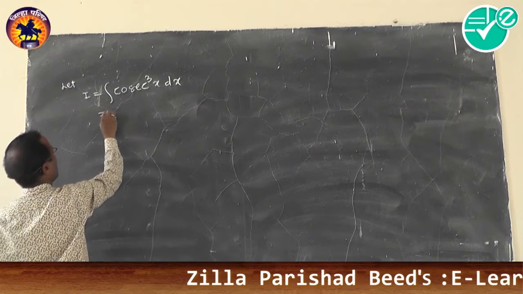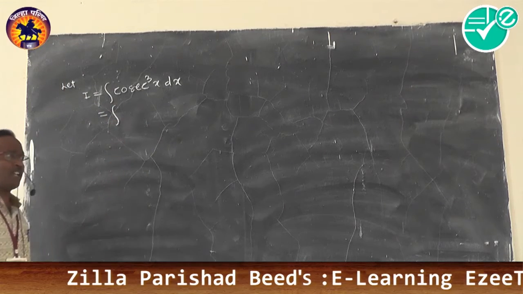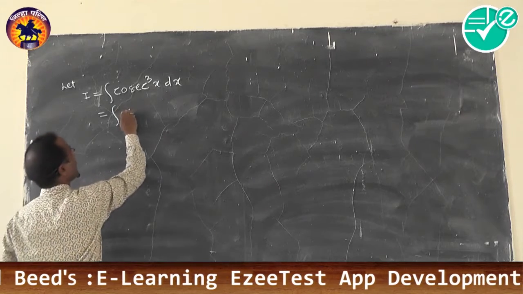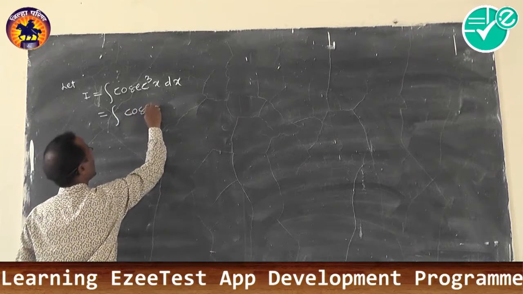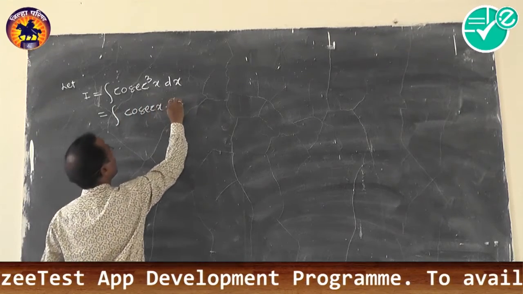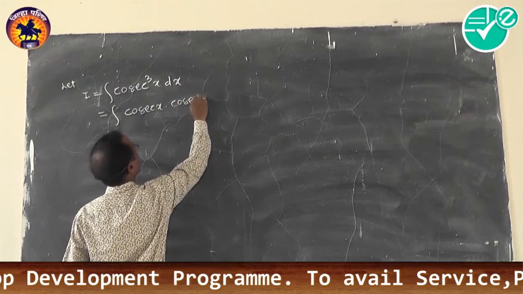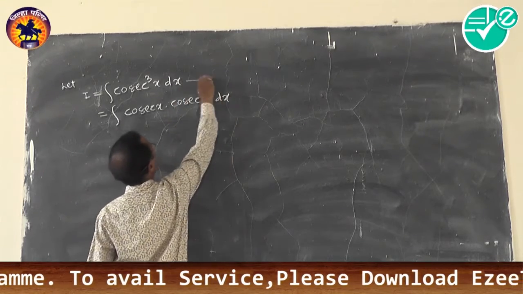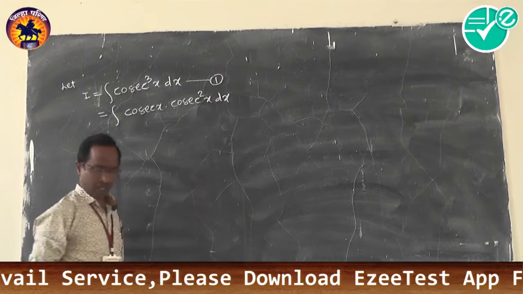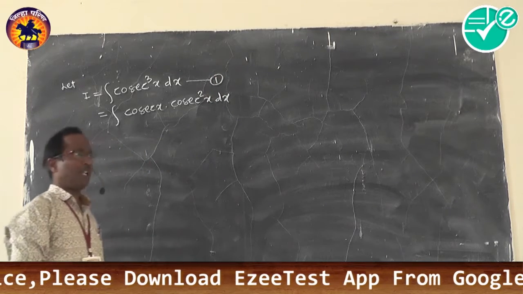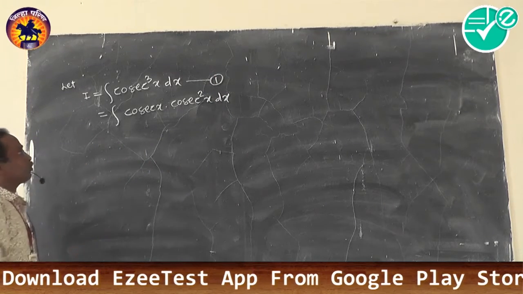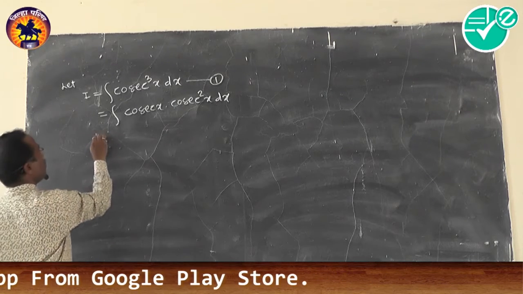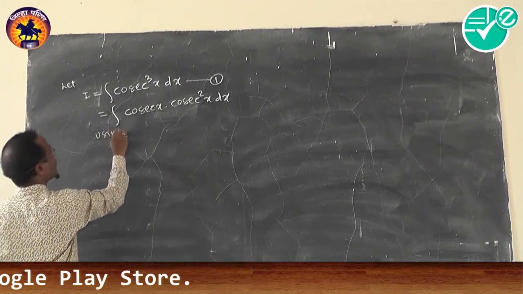Now this can be written with the first function as the differentiable one and the second function as the integrable one. So this can be written as cosec x into cosec square x dx. This is equation 1. This function will be repeated in the solution. Using integration by parts,